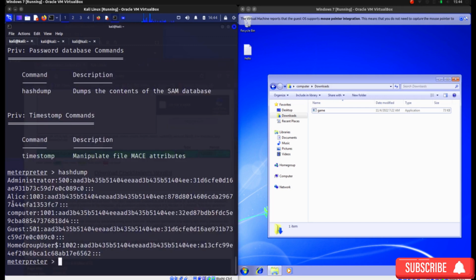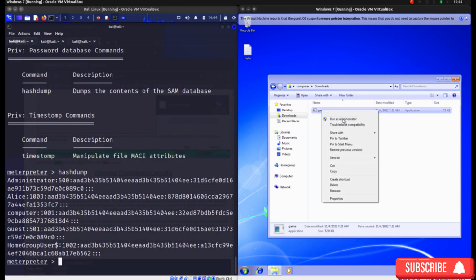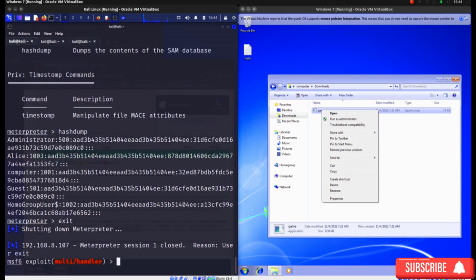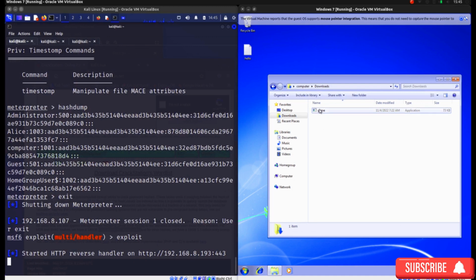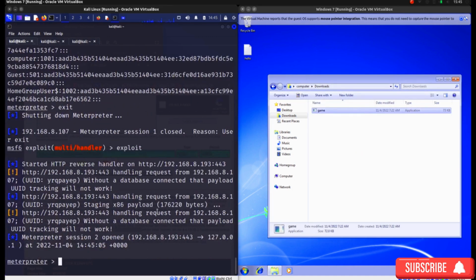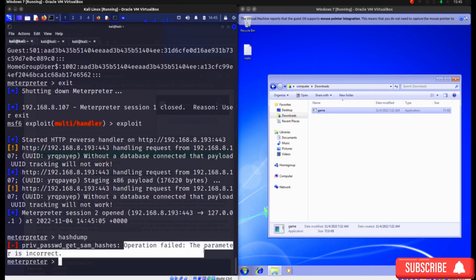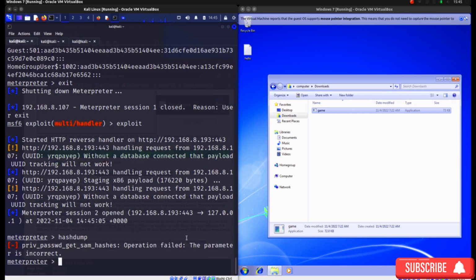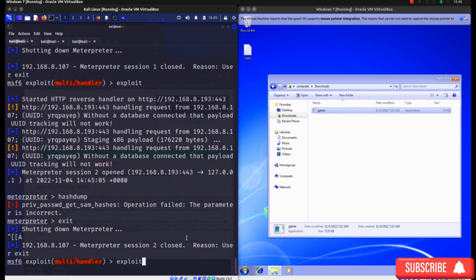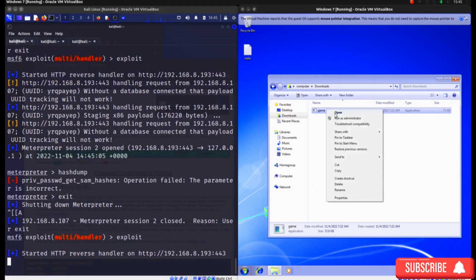It's very important here that the program is actually run as administrator. So if you don't do that, if you run the listener and then run it as a regular user and then try to dump the password, you see that is actually not allowed. Operation failed. That is because this needs to be run as administrator. So if you have the listener as administrator, if you run it as administrator,